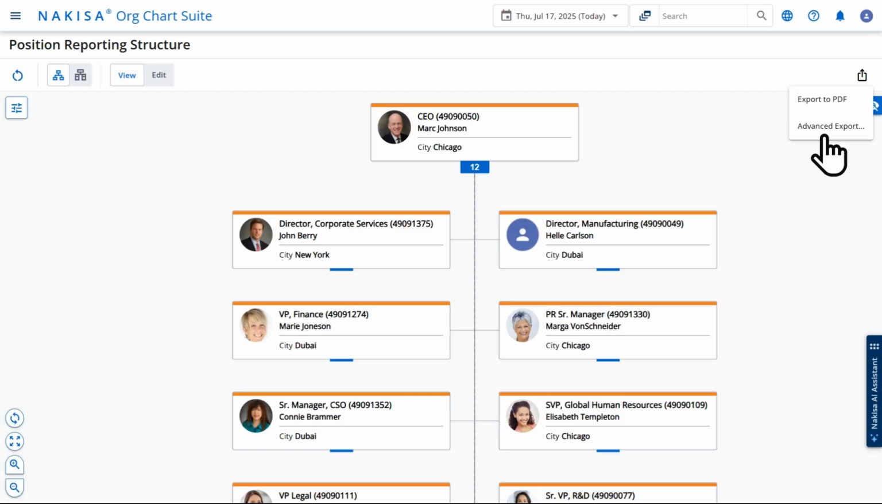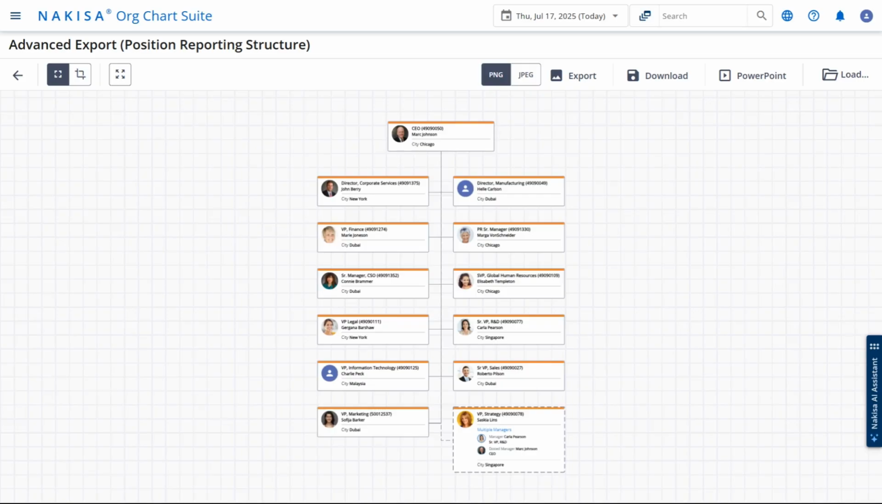org chart screen. This capability is accessible not only in Nakisa Org Chart, but also in both operational and strategic org design. By selecting the Advanced Export option, you'll access the Advanced Export main screen, featuring a range of useful